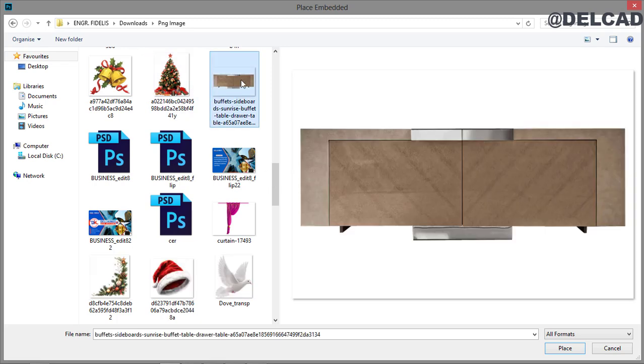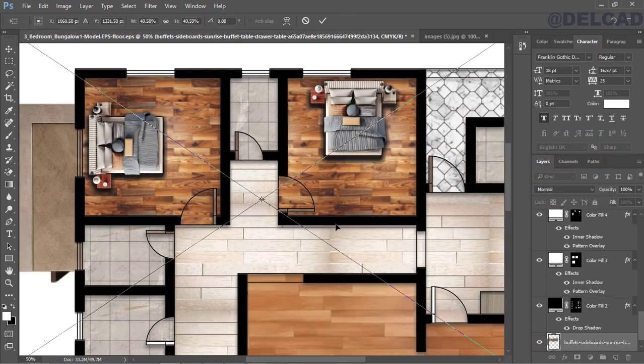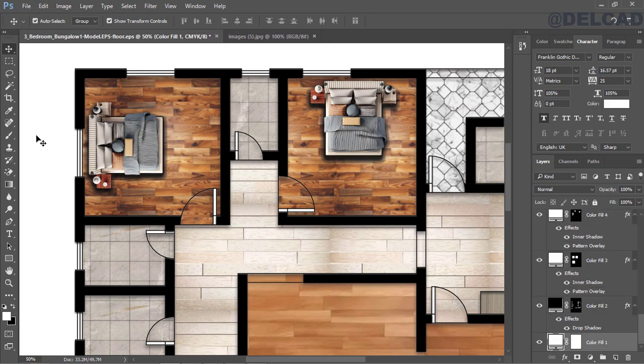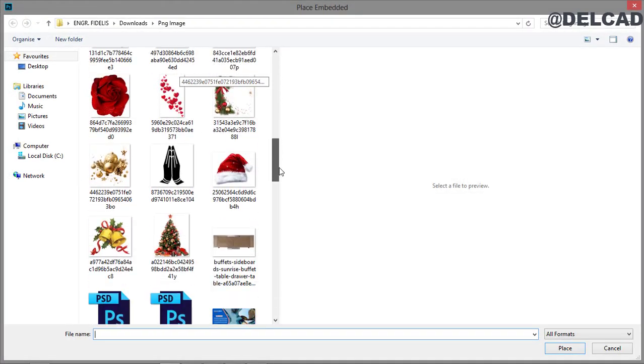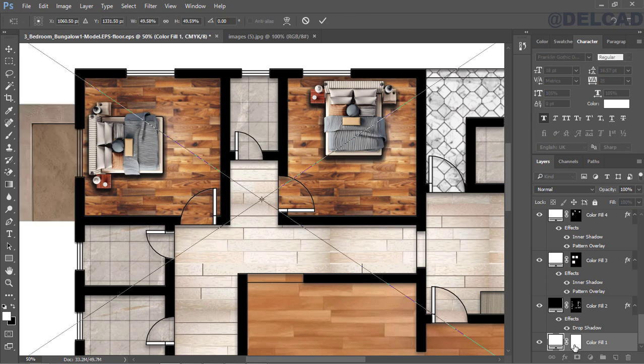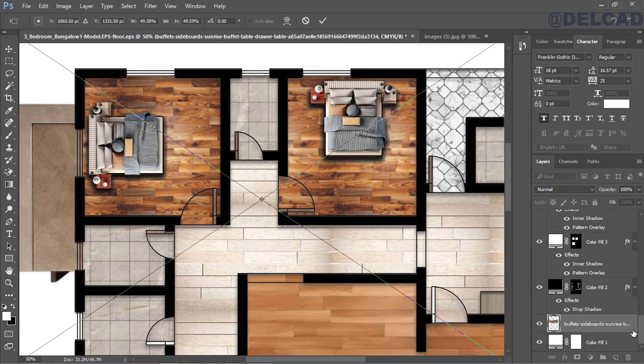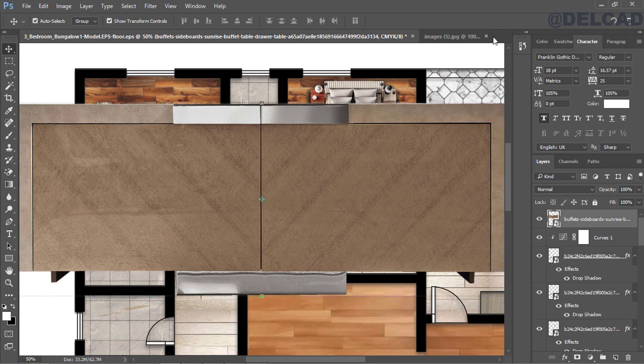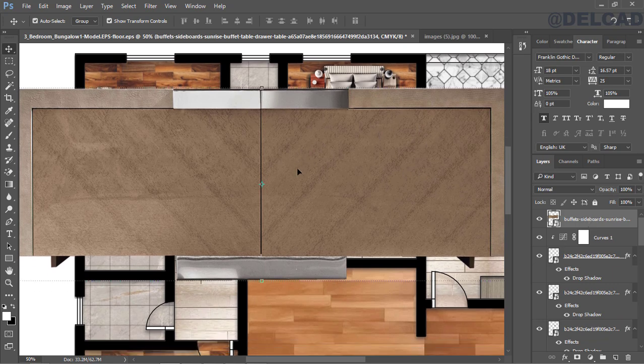Alright, so this is the wardrobe furniture which I downloaded as well. So I'm going to select this and click on place, and this is at the back of the plan. So I'm going to select this and delete it. Make sure the first layer is selected. Again, go to the file tab and place embedded, and again I'll select this wardrobe and click on place. Okay, still going behind, we can move this to the top. Alright, so now we have it at the top, and we can zoom out